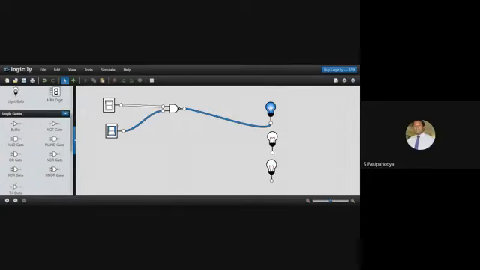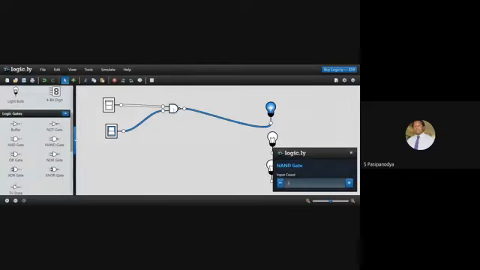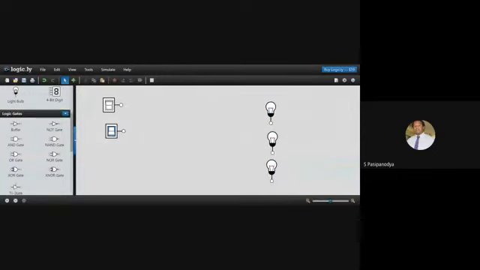Right, let us move on. I think we understand our NAND. Let's remove that. So now we're going to look at the XOR. And remember, we said